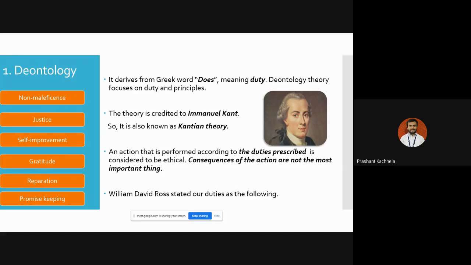There are so many incidents, right? We have seen the whole Ramayana, so there are so many incidents which we can definitely relate here, and it can definitely be categorized as a part of deontology. Right? This is the best example.